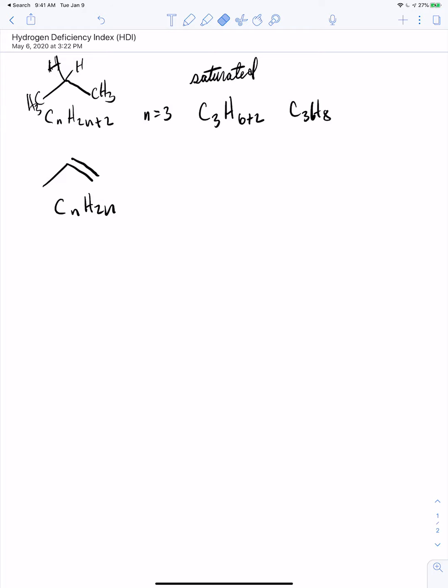And so if we look at this, it has molecular formula CnH2n. And so if we calculate, based on n equals 3 for the carbons, we see that we get C3H6. And so we can talk about the deficiency in the number of hydrogens here using this scale called the hydrogen deficiency index. And we would say that the HDI here is equal to 1. So 1 degree of unsaturation